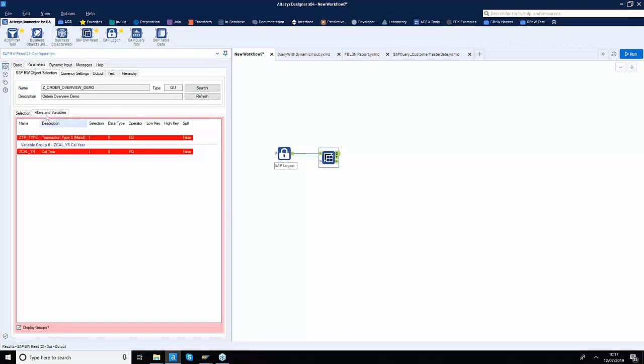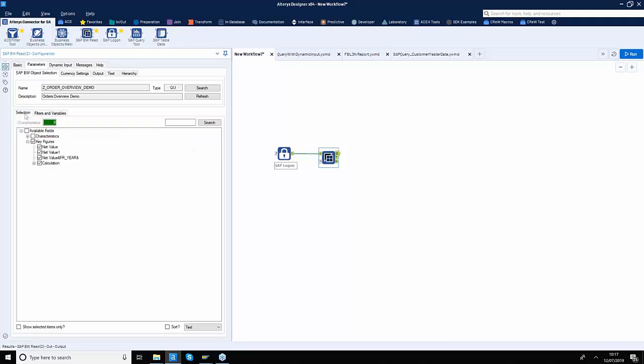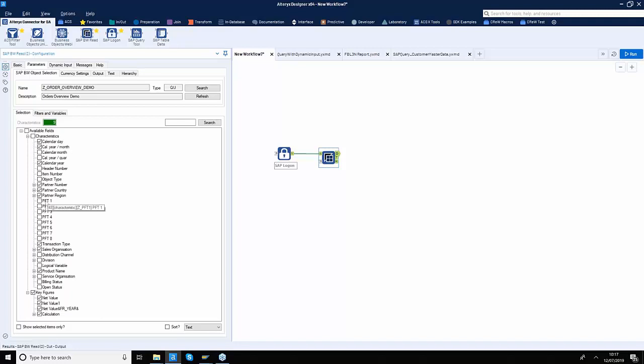As you can see here on the filters and variables section, these are the two mandatory variables. They are quite bright and red, so that means we are supposed to provide some values before we can ask for data from the SAP system. On the selections tab, you can see all the characteristics and all the fields that are currently selected. So if I run this workflow as is now, these are the only fields that I will see in my output, plus the key figures, including some calculated key figures, and so on and so forth.